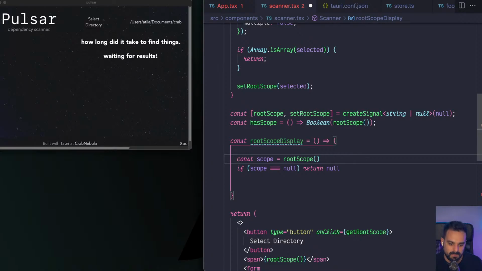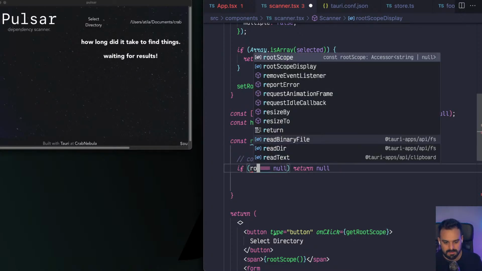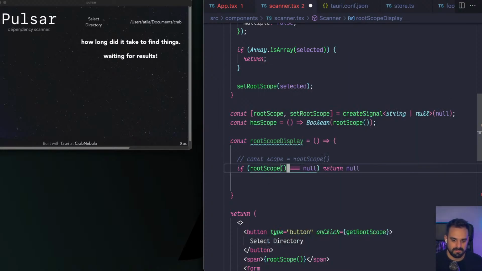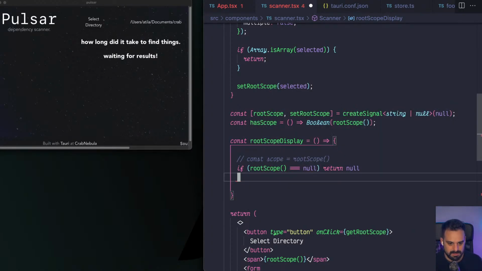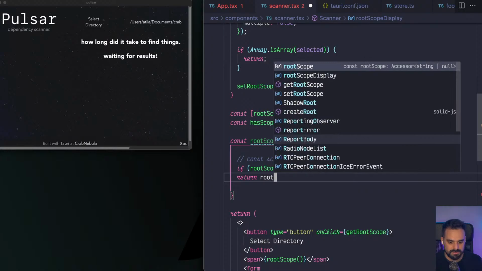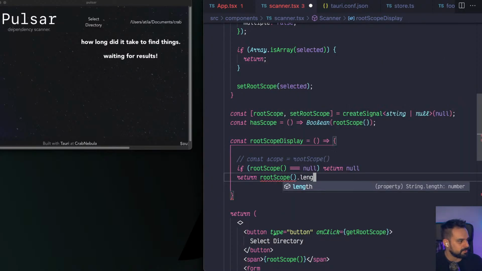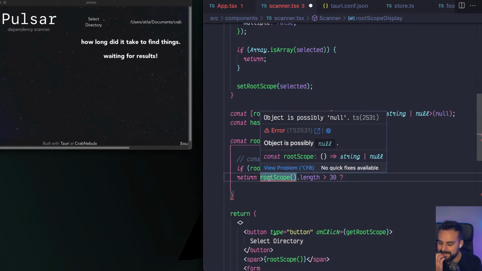What would happen if we didn't have this type guard? Actually, let me show you. So we have the root scope here, which works as a getter. And now what I actually want is to return the root scope length if it's over 30. And as you can see, TypeScript's already complaining because it cannot narrow the type of a function getter,